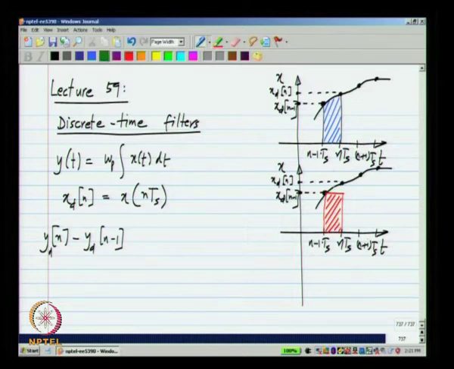And a second possibility is I will take x_d of n and take that area, this entire area. What I am doing is either approximating this curve by this constant which is the previous sample or this constant which is the next sample. And clearly you see that the approximation will be more refined if I